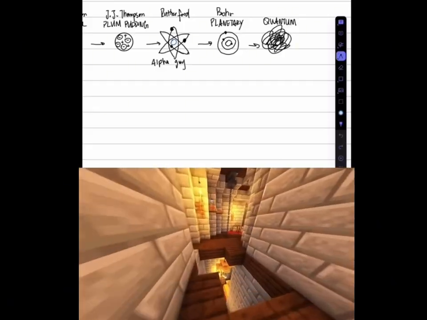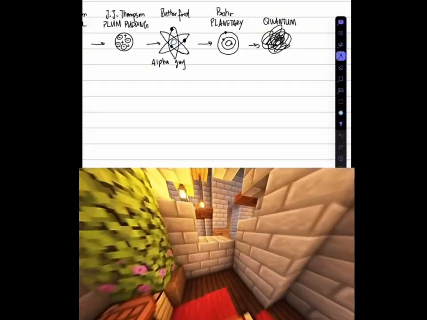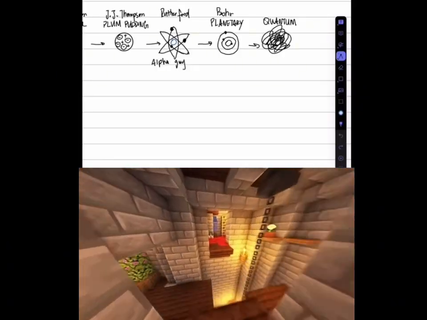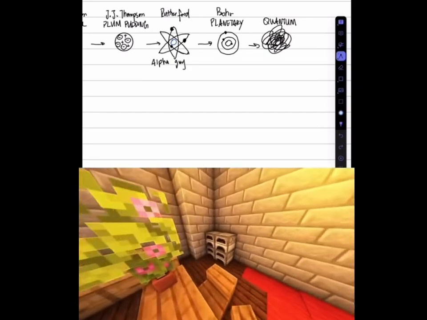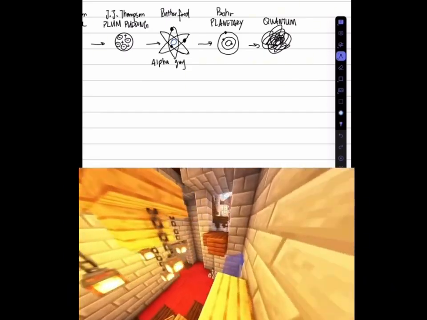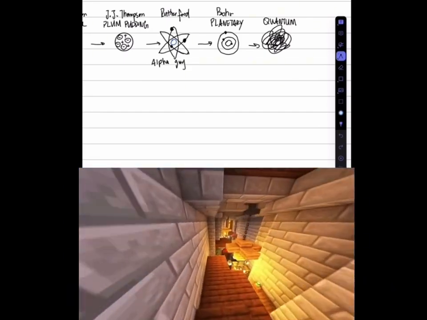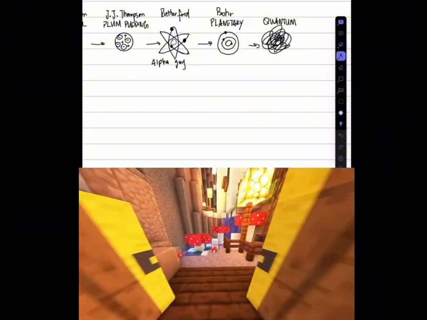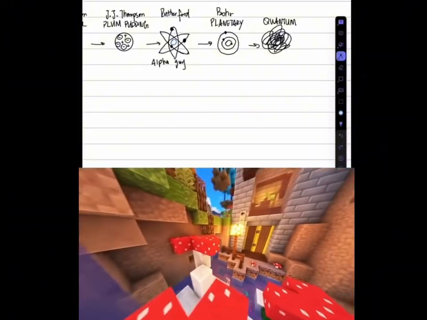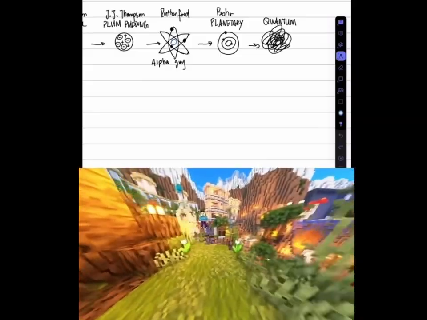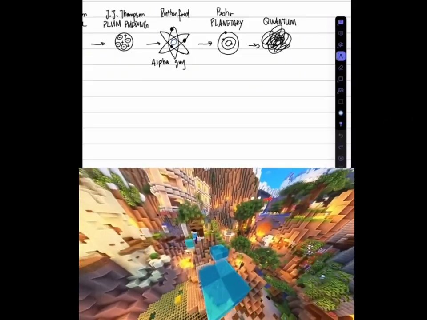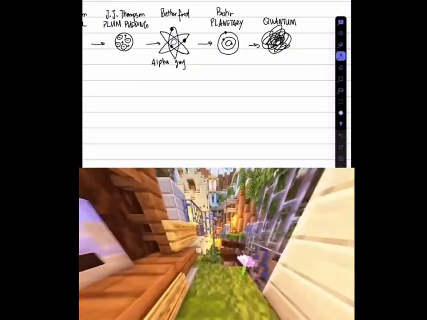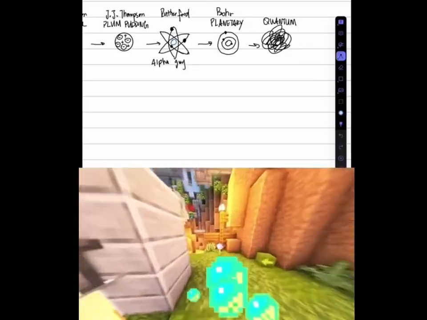Then we have Ernst Rutherford. Couldn't be bothered to write Ernest. So basically, he came up with the idea that there is space between positive charges and a central nucleus. So basically, in a central nucleus, you have positive charges, and then you have electrons floating around in orbits. But the most important thing is that he found out that there's a nucleus and that there's